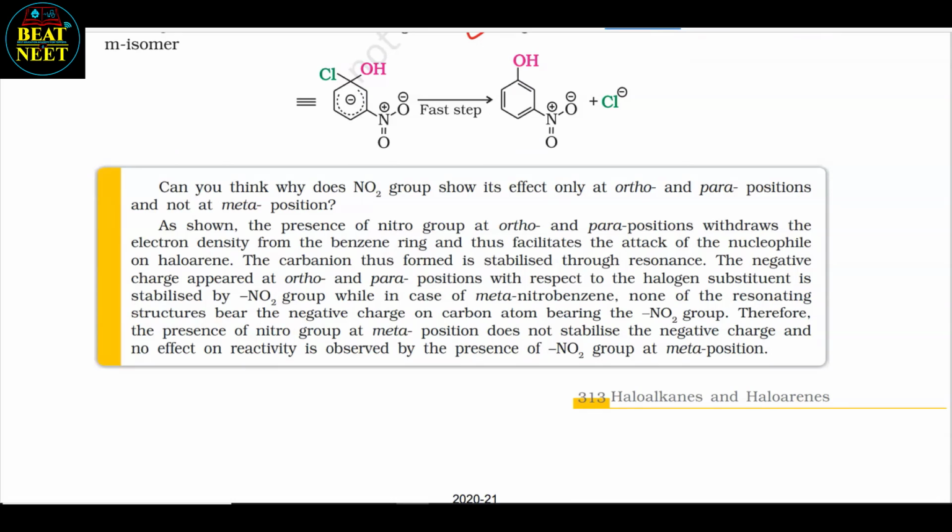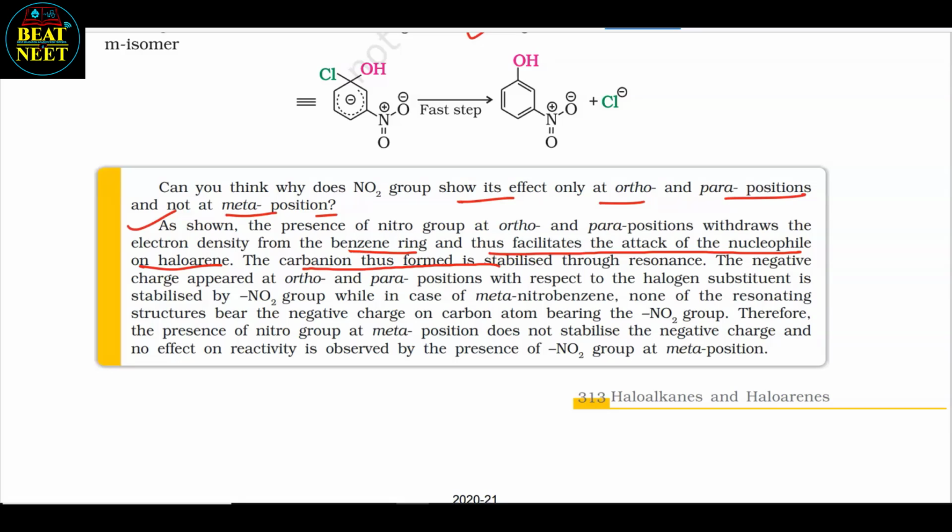Can you think why the NO2 group shows its effect only at ortho and para positions and not at meta positions? As shown, the presence of a nitro group at ortho and para positions withdraws electron density from the benzene ring and thus facilitates the attack of the nucleophile on the haloarene. The carbanion thus formed is stabilized through resonance. The negative charge appearing at ortho and para positions with respect to the halogen substituent is stabilized by the NO2 group,